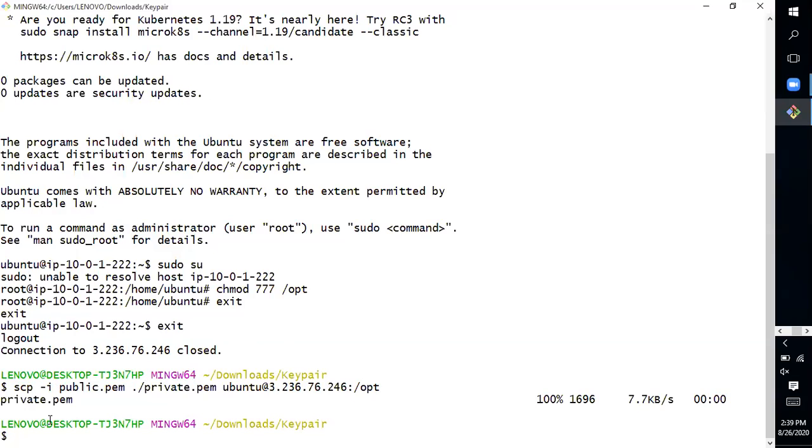Am I clear? That is the reason I have given public and private names to the PEM files, just to differentiate. If I give the same name, you'll get confused about why there are two names. Now I can clearly differentiate that this is the public instance ka PEM file, this is the private instance ka PEM file. Okay, cool. If you had created with the same PEM file, it doesn't matter. It's okay, but you have to give the same names here. That is the only difference.